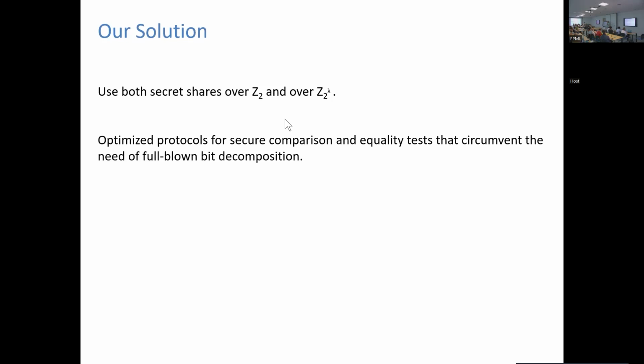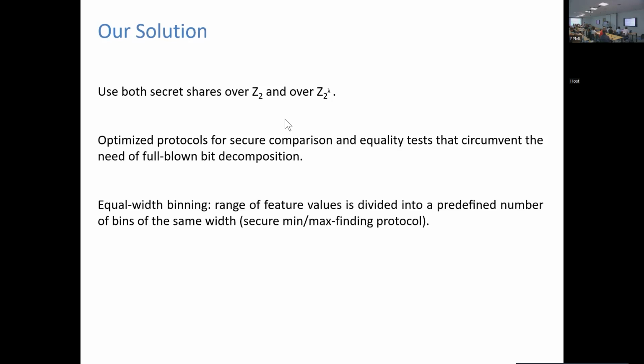A lot of the secure comparison protocols do a full bit decomposition, transforming from the arithmetic representation to binary representation, and then do some operations on this binary representation. But we show that in our context, we can avoid the full-blown bit decomposition and just do part of the computation that is normally done for it.